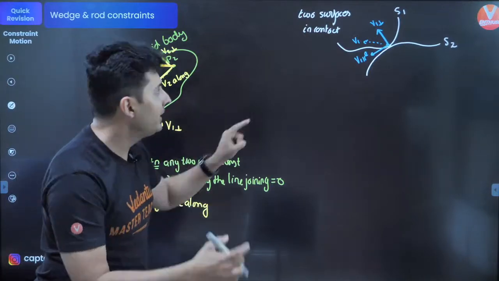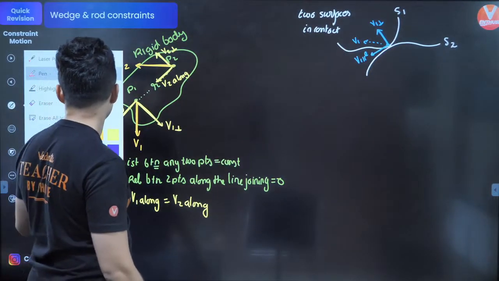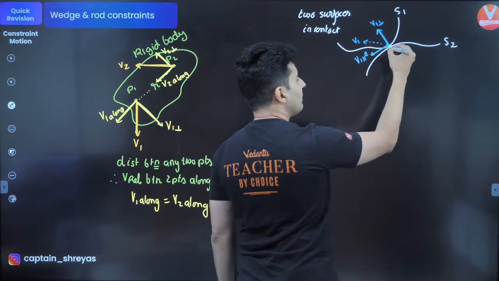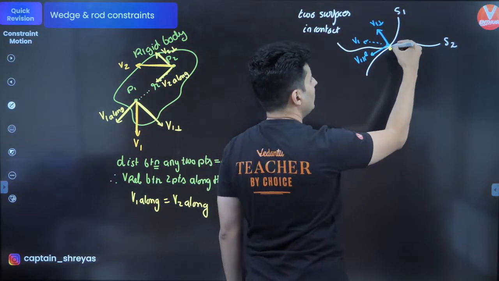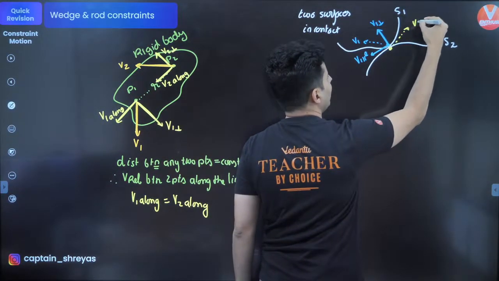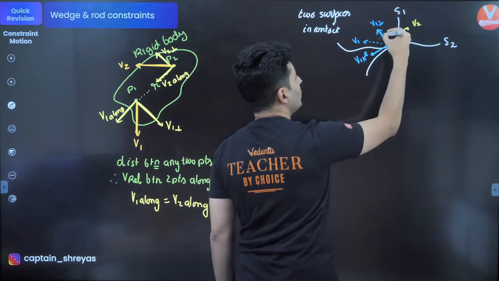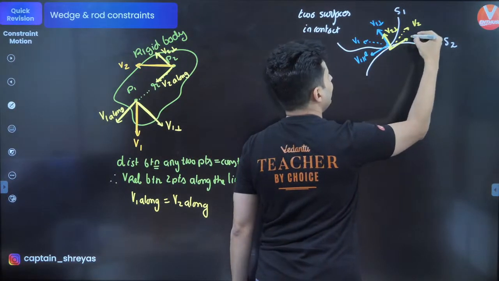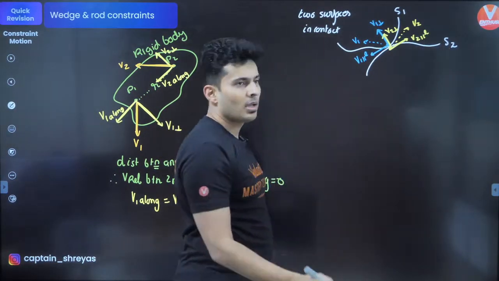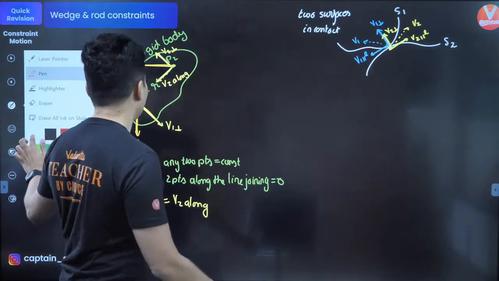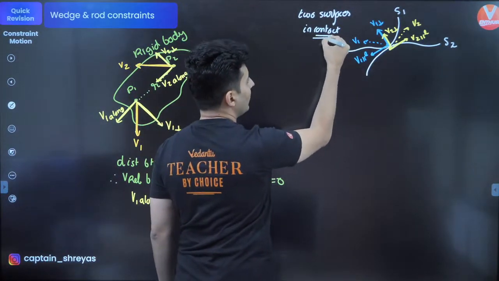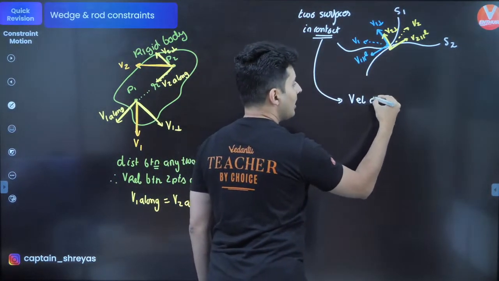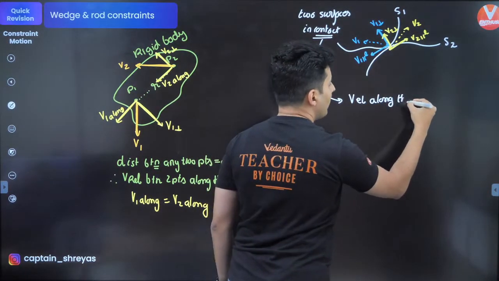That's the velocity of the point on surface 1. Similarly, take another point on surface 2 which is in direct contact. That will also have certain velocities. Maybe it has a velocity like this, let's say. So split the velocities again into two components, V2 perpendicular and V2 parallel. The idea is, if the two surfaces are in contact, that clearly means the velocity along the normal